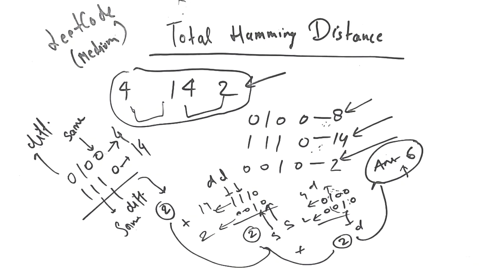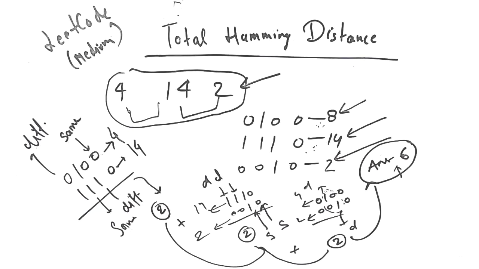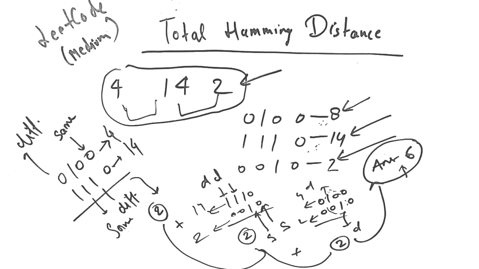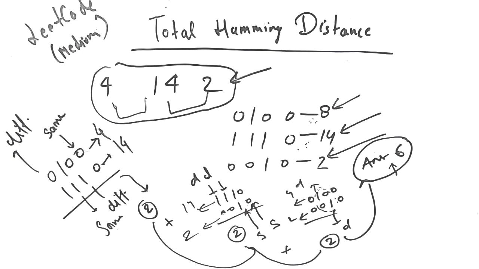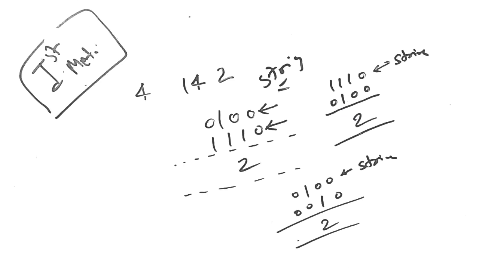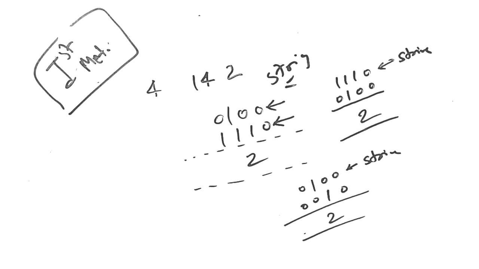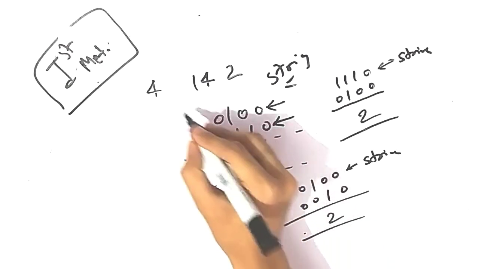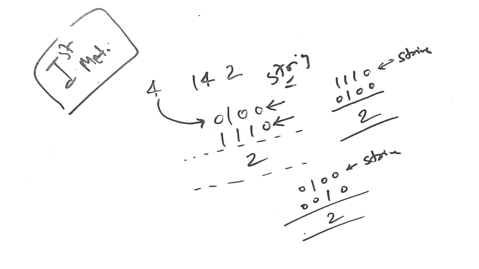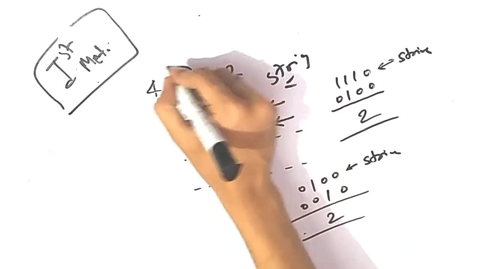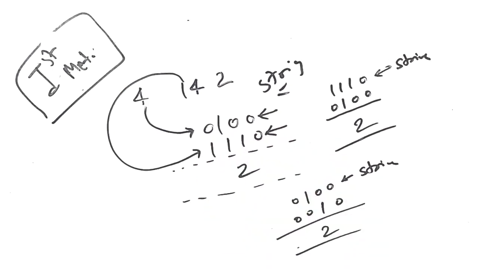So let's first try to concentrate on how we are doing this. So we are comparing the bits of the two numbers at a single time. So we will consider all the pairs of the array and find the total Hamming distance between them. So let's see how to do this. What is the first method that we are going to do? We have to consider each and every pair and find the Hamming distance between them. So how can we find this? So first of all, we have to convert this number to its binary equivalent, and then this number to its binary equivalent. So you can find it easily if you know how to convert decimal to binary.